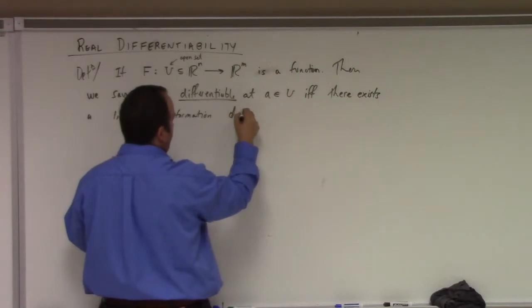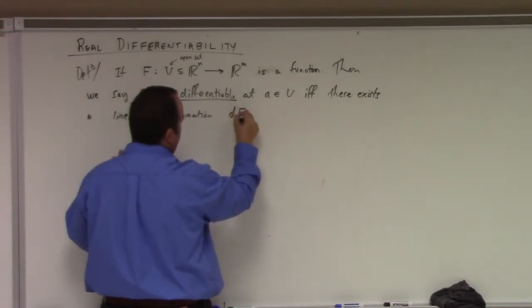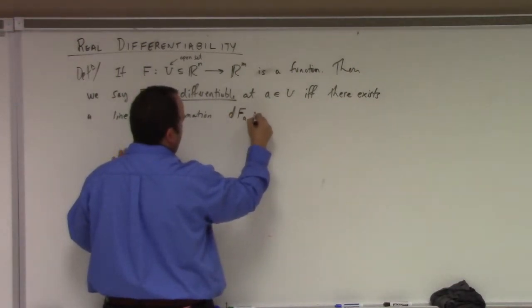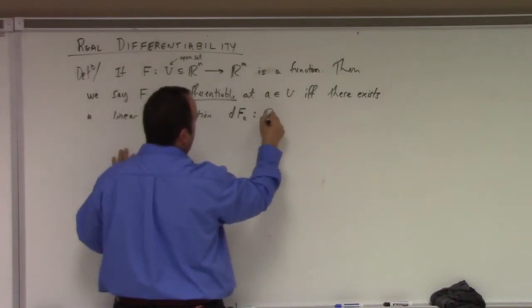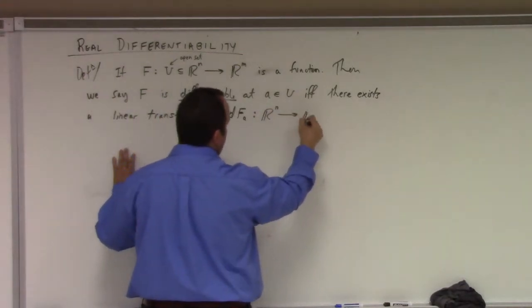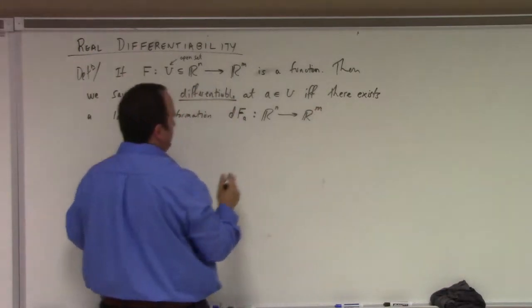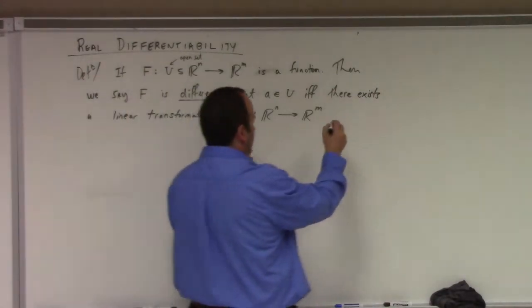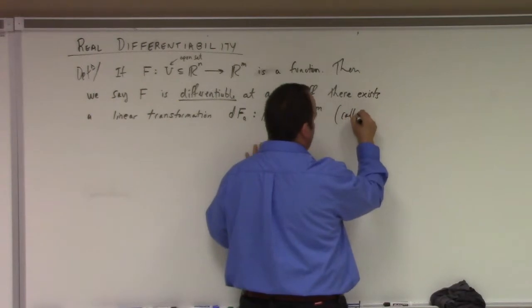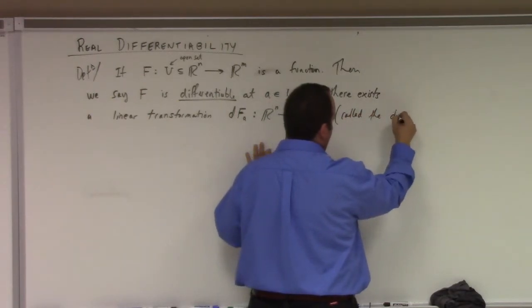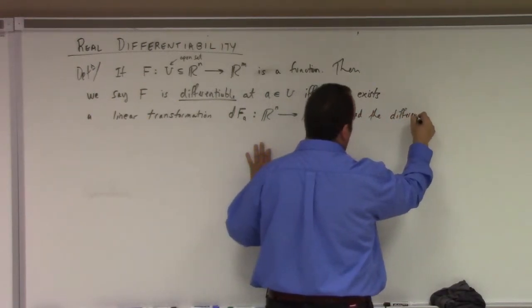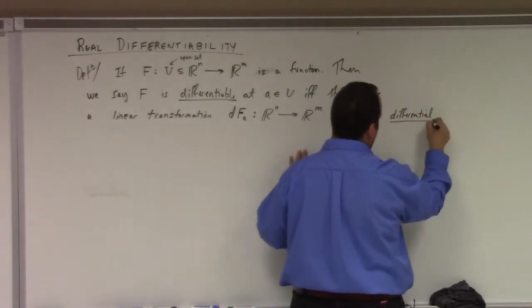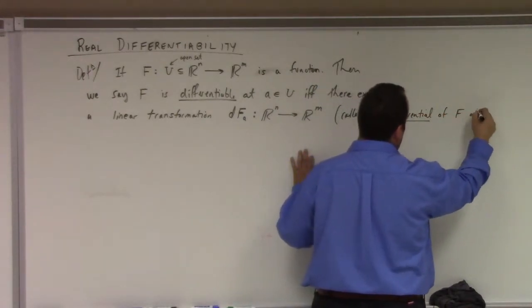And here's a notation for it: D big F lower sub a, which is itself a mapping from R^n to R^m. No U here. This linear transformation is defined for all inputs from R^n, not just those in U. By the way, the name of this is the differential, the differential of f at a,